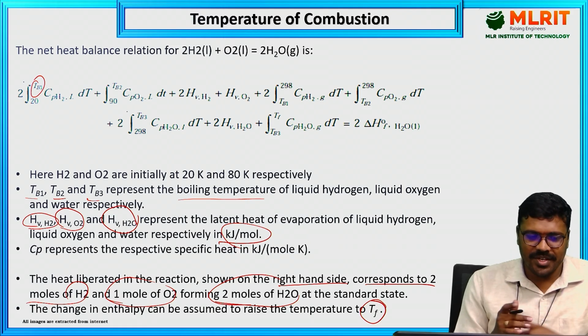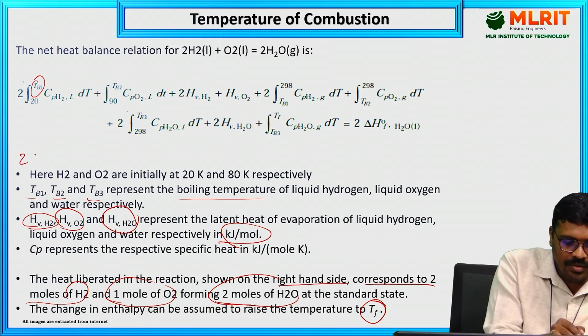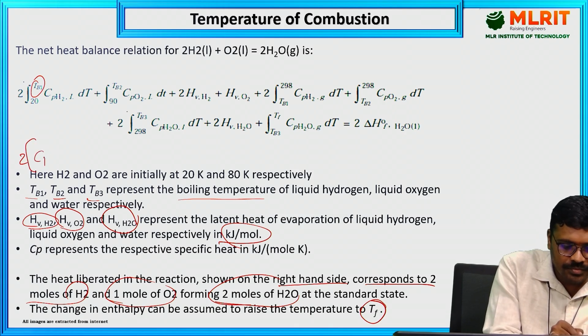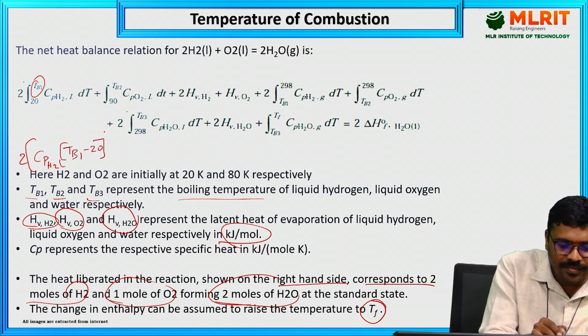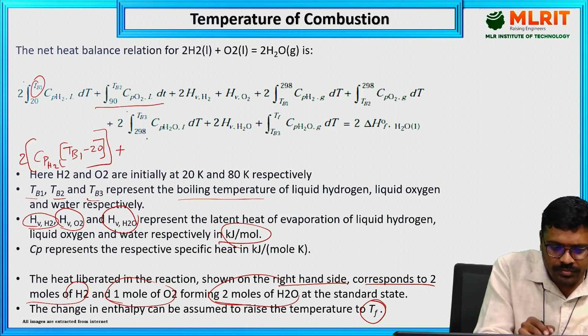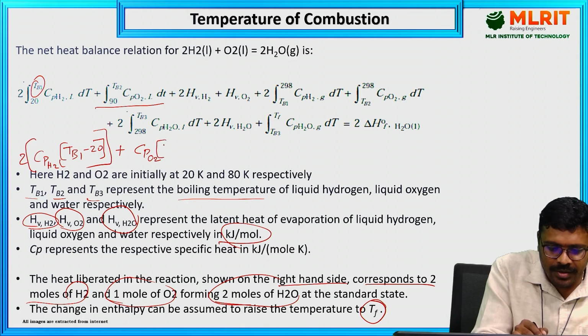Okay, if I write the equation for this, if I expand this equation, it will be 2 into Cp of H2 in liquid state into delta T, that is Tb1 minus 20, plus this term, one more, Cp of O2 into delta T, Tb2, the boiling point of oxygen, minus 90,